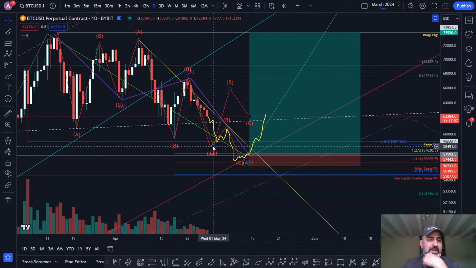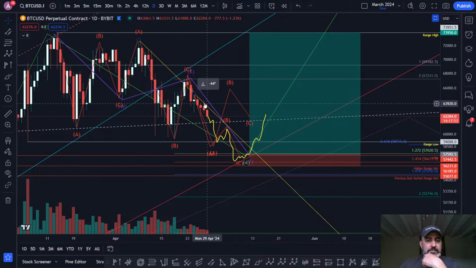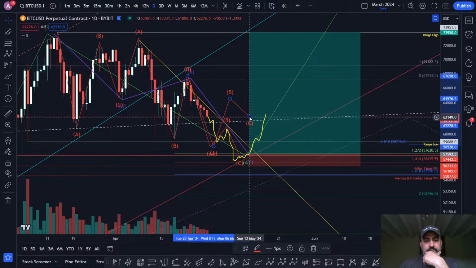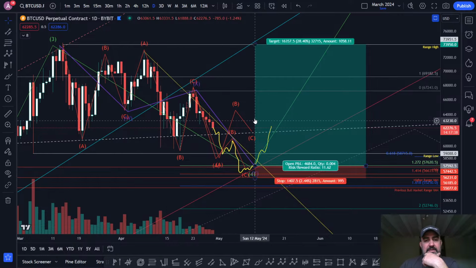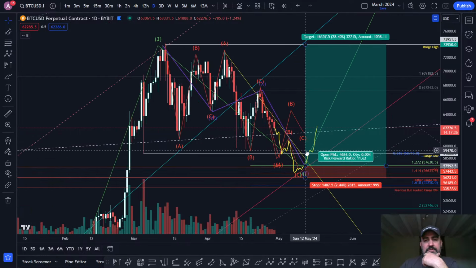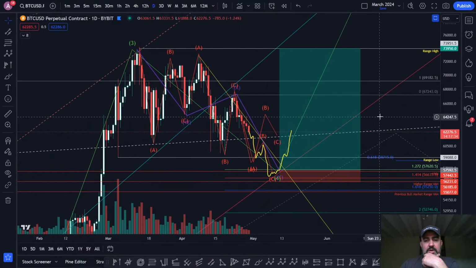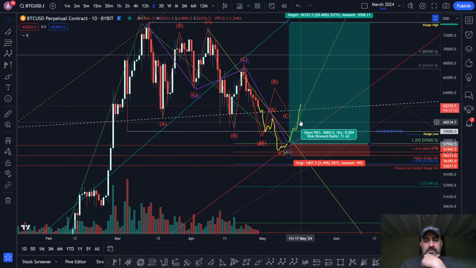So you'd have to swing failure this range low, push up, break some sort of neckline, and create some kind of inverse head and shoulders pattern here for the next impulse, or for the beginning, which is there. Or we break down,